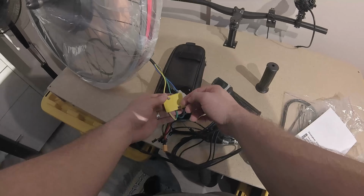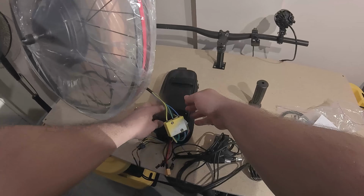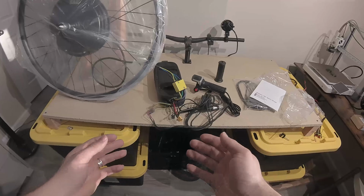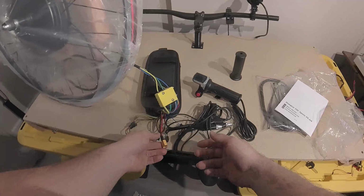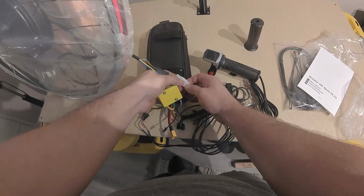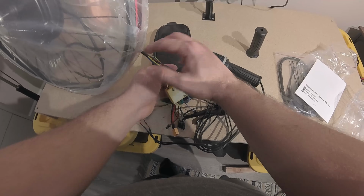So surprisingly, our motor is already plugged in. Everything just comes already plugged in with the controller in this bag. I mean, it really couldn't be simpler. They just give you everything already plugged up. All you need to do is make sure you get a battery with an XT60 connector. Here are the Hall sensor wires. There's only 5 wires on each side,